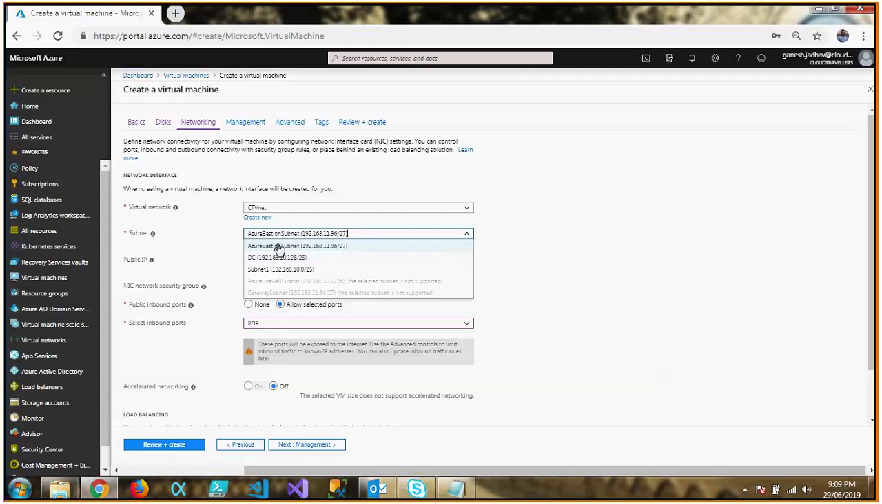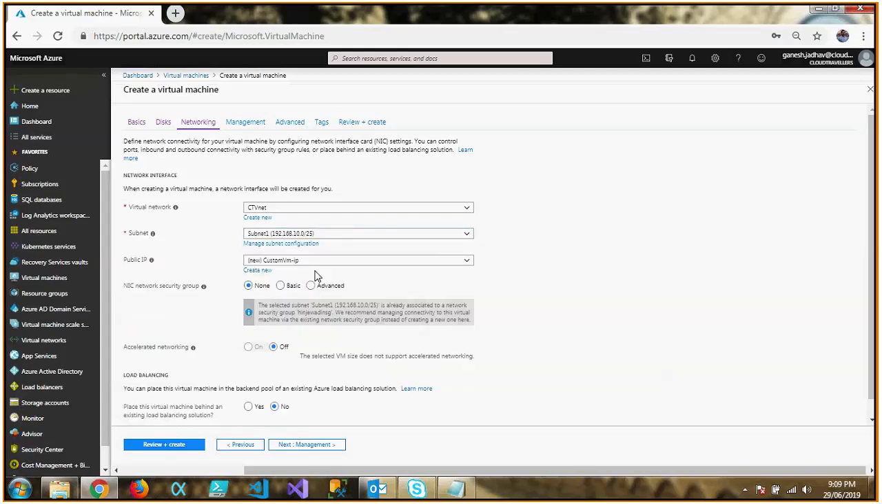We have an Azure Bastion subnet, I have a DC, and then subnet 1. So I'll choose subnet 1 since I would need access to this virtual machine over a public IP address. I'm asking Azure to create a new public IP address for me. If I scroll down